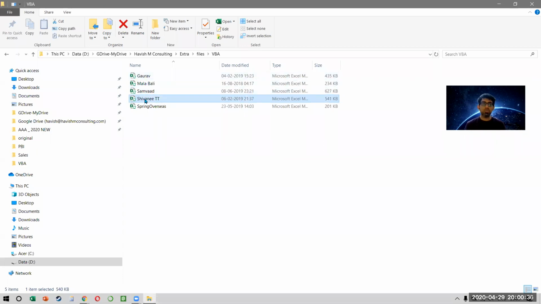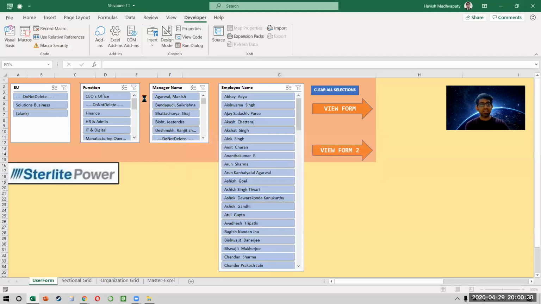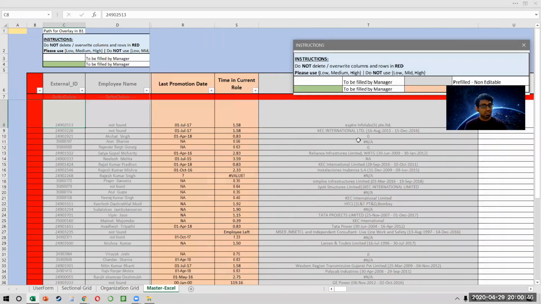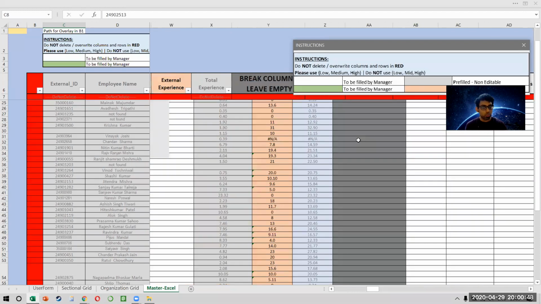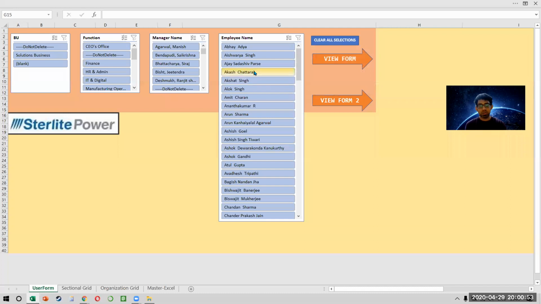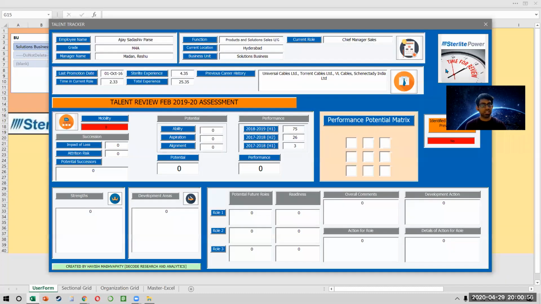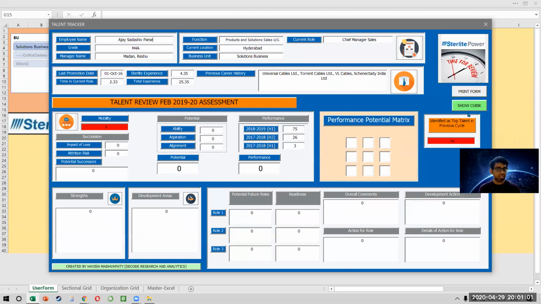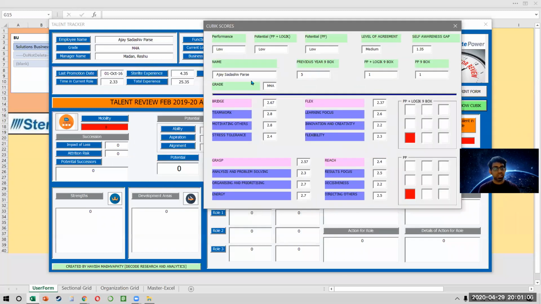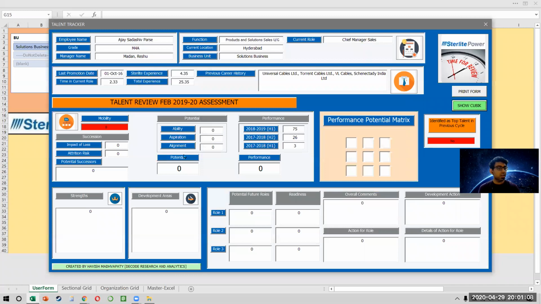So here the client had a problem where they had an MIS and they wanted to see the employee tracker on a form. So right now, all the employee details are like this. It's so irritating. No? How do you view one employee if you want to? It's just the entire organization database. So I created a form which looks like this. Right? So you can actually see the employee details on a form. And if you want to see further details about performance, you can click on another form and it shows you how the employee has performed in the last 1 year. So you can see the scores and everything. Right? So this entire form can be created on Visual Basic.